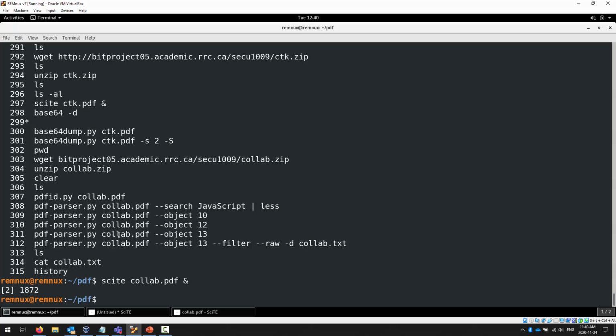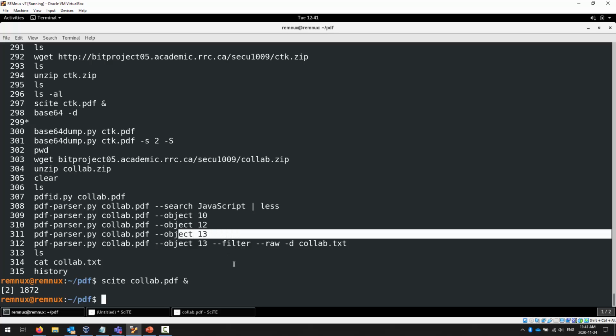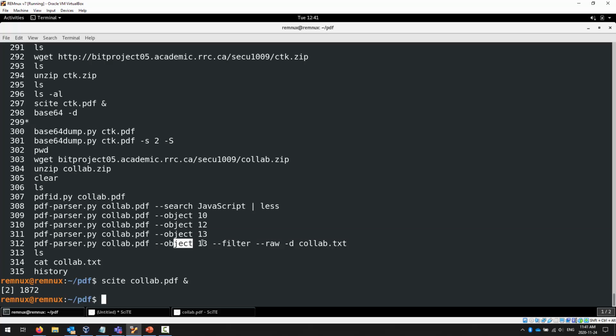Okay. So again, what did we do? We took a look at our document. We saw some suspicious bits. We looked at them in greater detail, object 10, object 12, and object 13. In object 13, we saw something that might have been encrypted, so we told it to decrypt it, and we output the results to collab.txt. When we take a look at it, we can tell